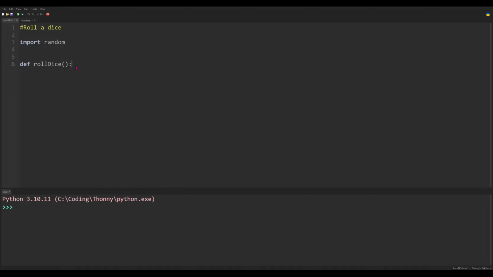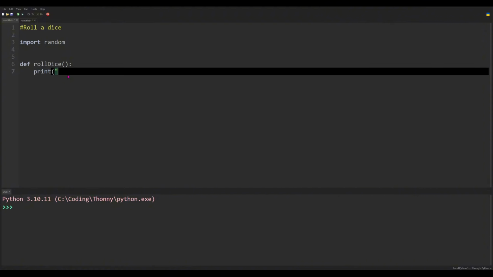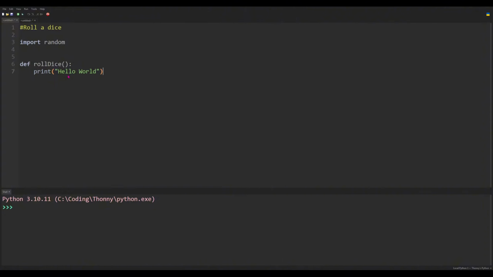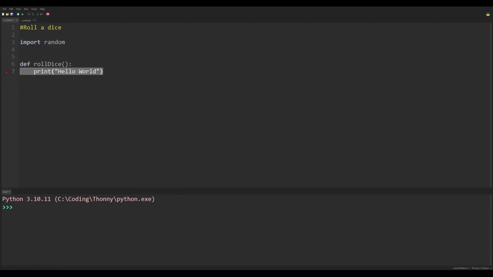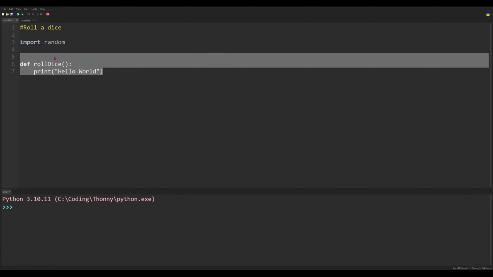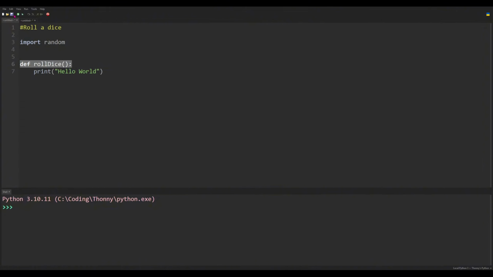That's basically it, and then you just always want to have it indented, and then say you want to do print hello world. And then let me show you what I meant: if I press run, it won't actually print anything because we haven't called roll dice yet. Boom, nothing happens. But if I do this,